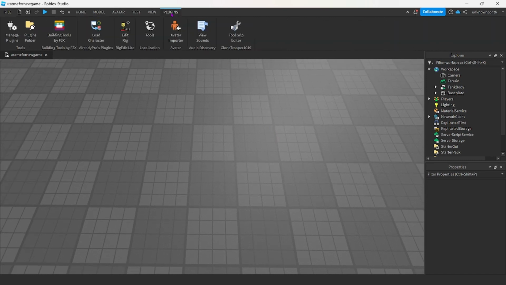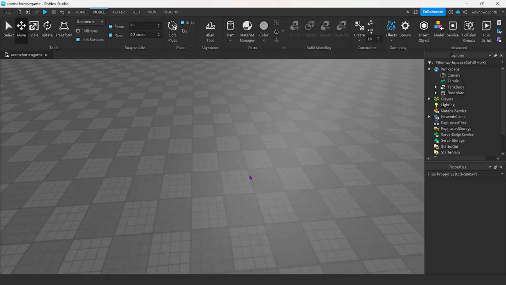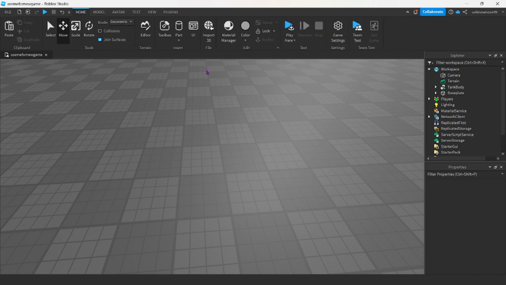And then for the plugins, we're going to be using a plugin called Building Tools by F3X, and it's going to make it easier to make this car overall. And if you don't have it, I'll put a link in the description for you to get it, and it is completely free. So once you have all of those three things set, now we can actually get started